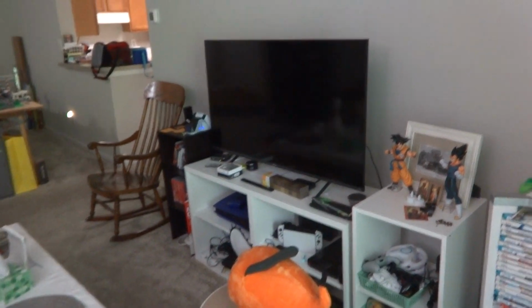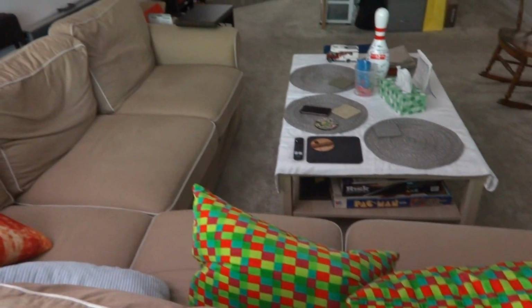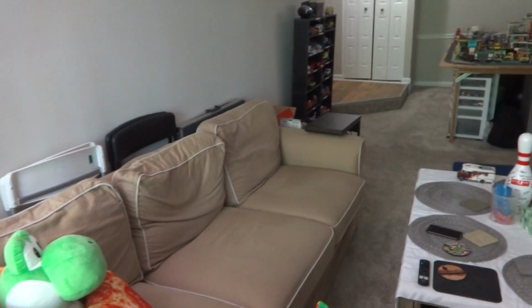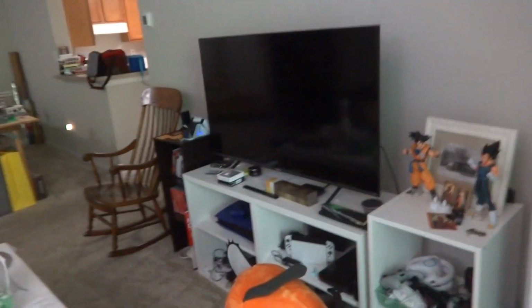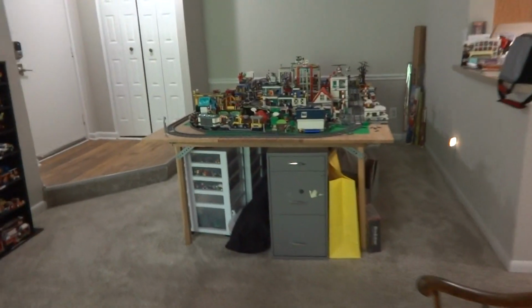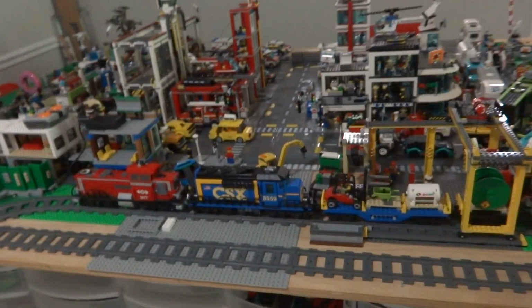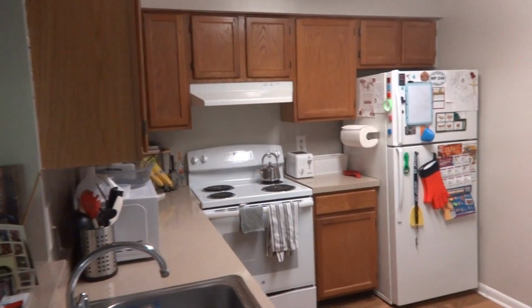And regarding the gaming area, not much has changed since then. As we go around here, go ahead and turn this light off as we make our way over to the kitchen. Standard apartment kitchen,